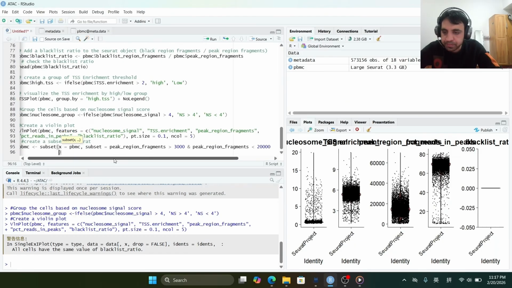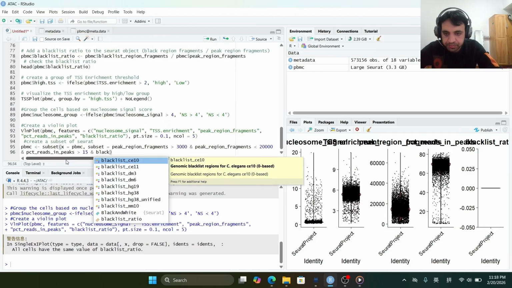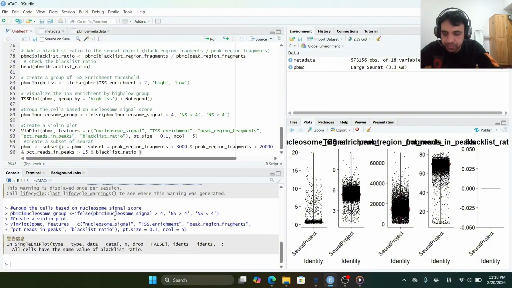So now the PCT reads and peaks with value greater than 15, and the blacklist ratio value 0.05, and